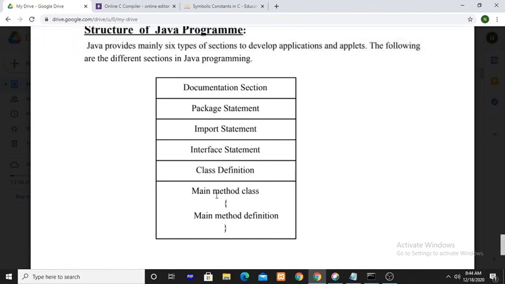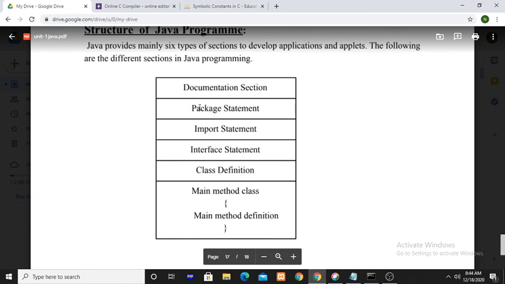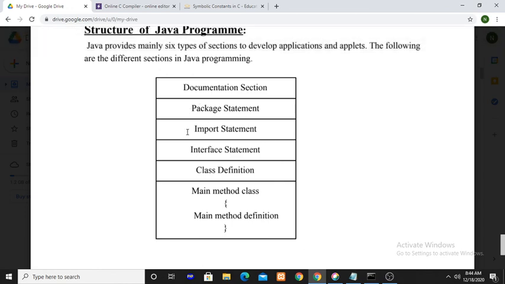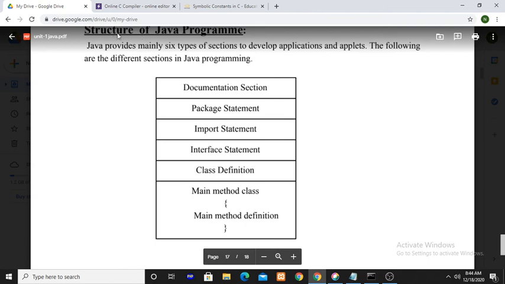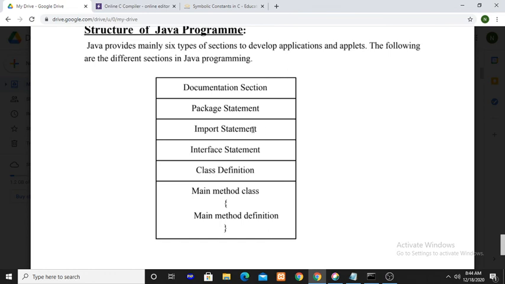Classes, class definition, main method. Okay, you don't know what package, import, and interface are. So these three topics will be covered in the third and fourth units. Okay, so after the completion of the second unit, again I will explain the structure of the Java program. What is the package statement, what is the import statement, what is the interface statement, later I will explain. Okay,